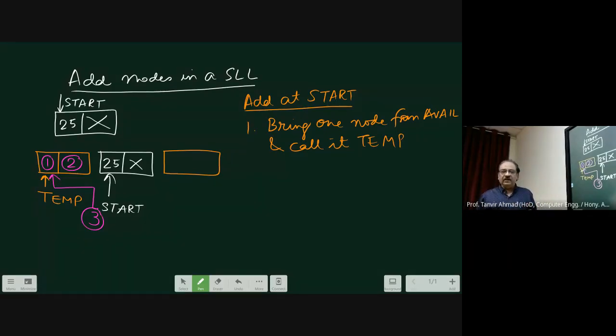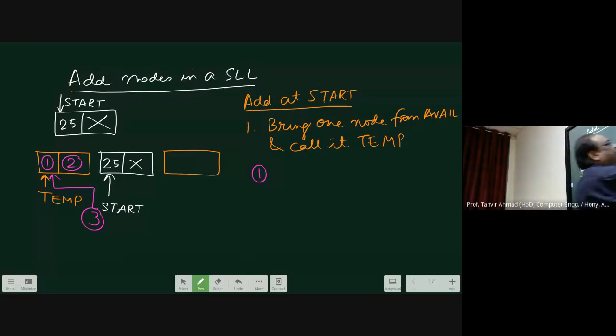Now let me write these three things together just to make sure. I have already brought the node from avail and called it temp. Now let me write the first one. You put some data over there.